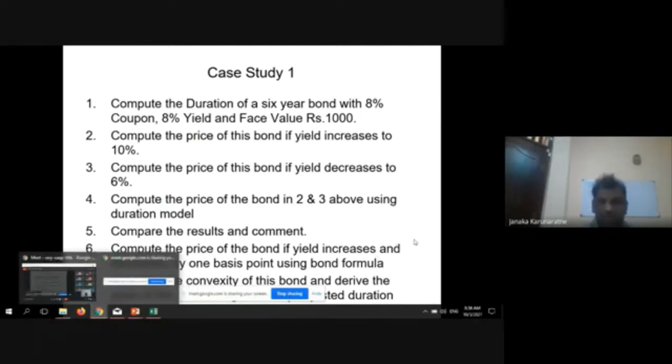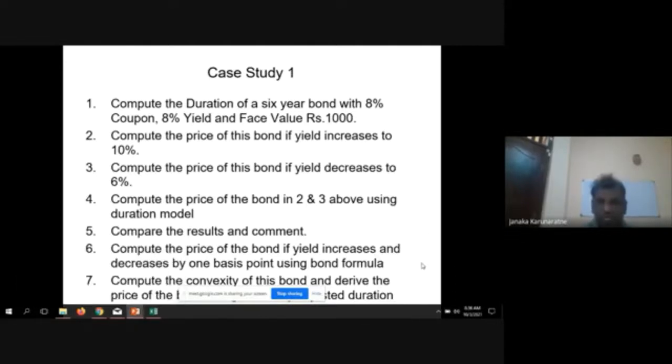Okay, we'll move on to the last part then. So now use the formula, compute the convexity of this bond and derive the price of the bond using convexity adjusted duration, right? So basically now rather than using, because we saw,